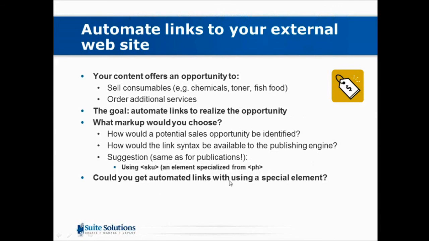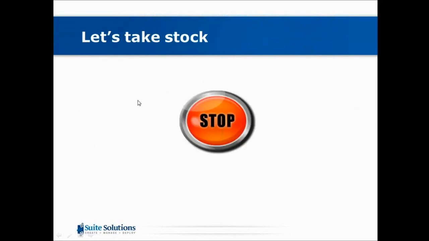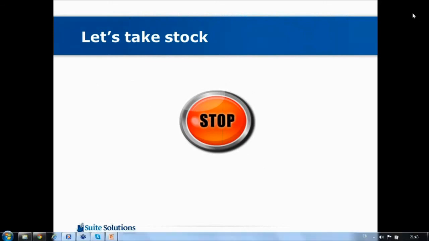The question is, could we get these automated links without using a special element? And the answer is yes. We could parse everything. But when you parse everything, you may wind up with links that you don't really want. You could be getting too many links, or links to items that have been deprecated. But using the same kind of phenomena, you get the automated links, and you could really generate real sales opportunity for your content, which I think for tech writers is a new field. I mean, being sales creators and not just being a drag on productivity,